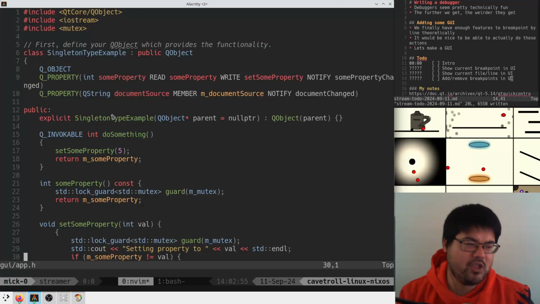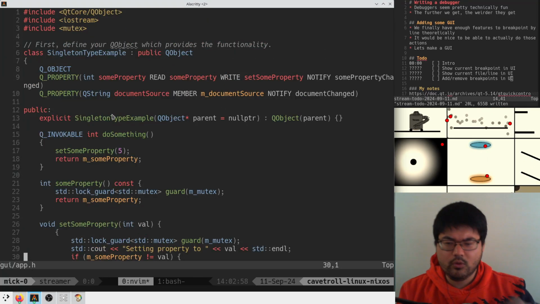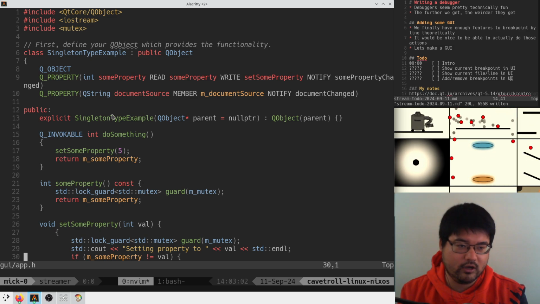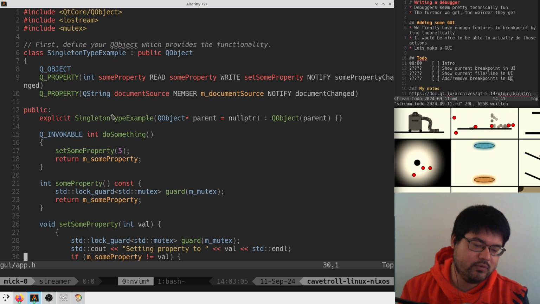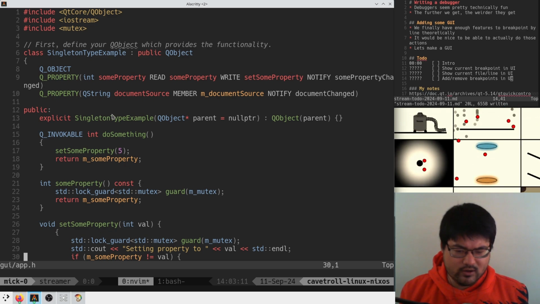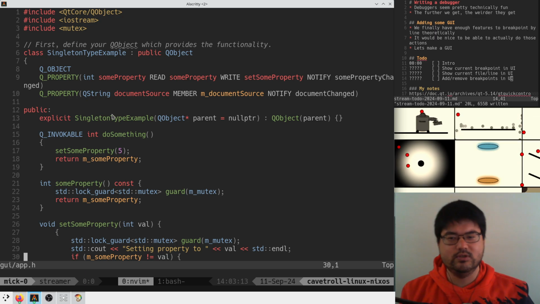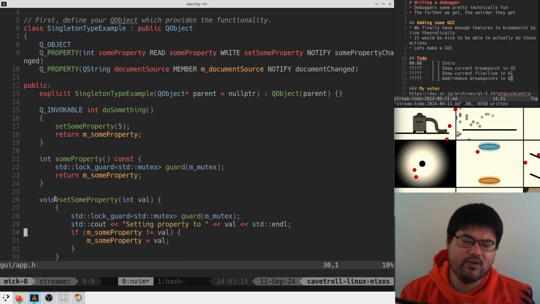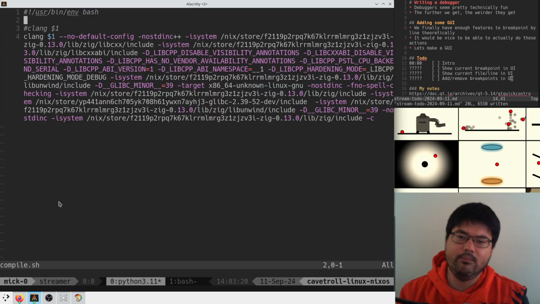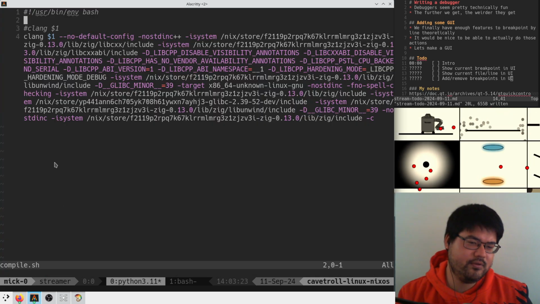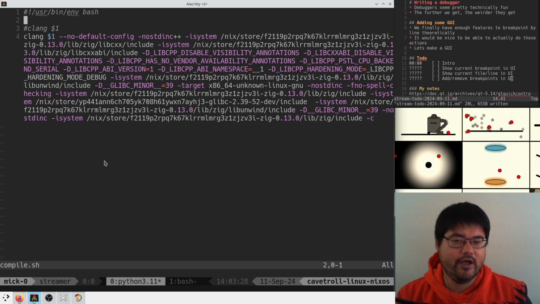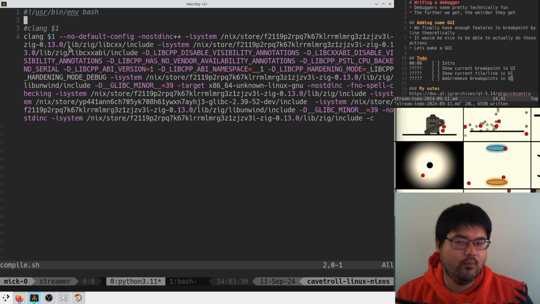It doesn't really matter too much, but where we got stuck last stream was that this example worked great if we built it manually on the command line with GCC. But as soon as we integrated with Zig's build system, things started going horribly wrong. We had this weird segfault deep down in the Qt stack. We eventually broke it down to a compile script that was a stripped down version of what Zig produces when it's compiling C++. And we notice when we look at this that we are ending up using